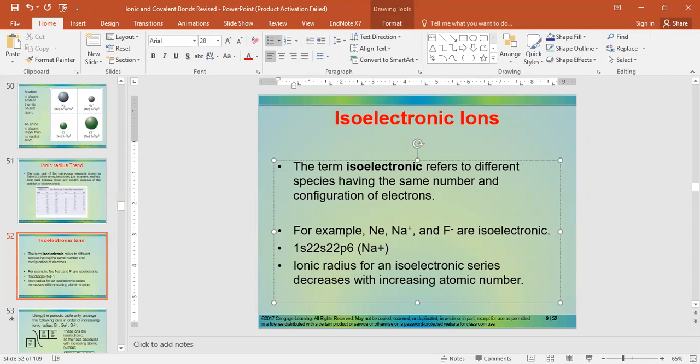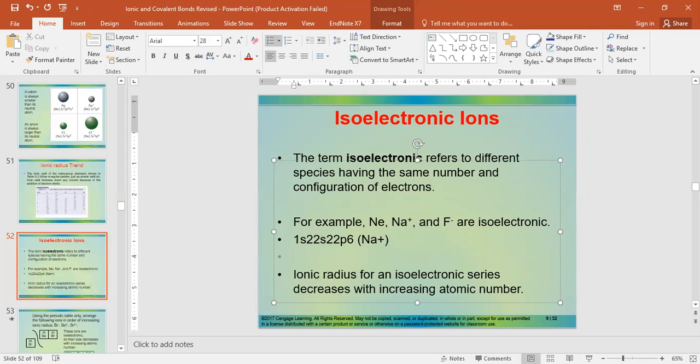What about fluorine? Fluorine is 1s2, 2s2, 2p5. But once it forms a fluoride ion, it acquires an electron, so you get a p6. So that is fluoride, a fluoride ion. And that configuration is also the same for the neon. So you'll realize that these three have the same electronic configuration, and then we say that they are